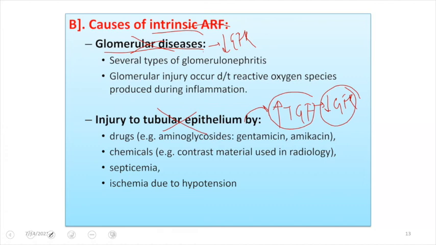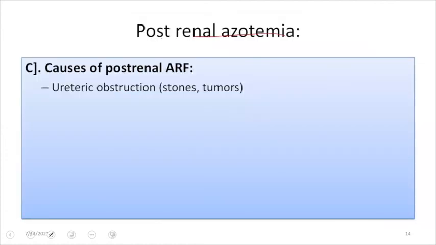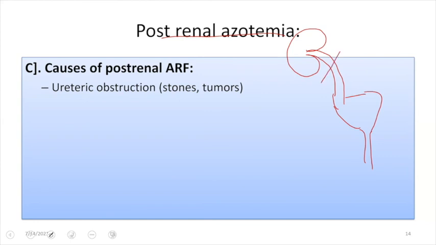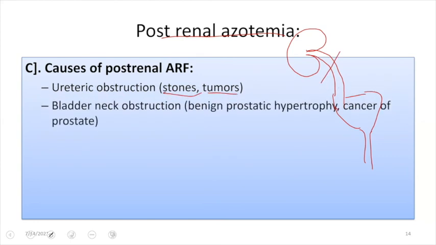So the next cause of azotemia is postrenal cause, and postrenal, as I've already discussed, is due to obstruction to the urinary outflow. So as I've discussed, this is our kidney and this is our ureter, and from the ureter, it is draining the urine into the bladder, and from the bladder, it is being carried into the urethra. So there can be obstruction at the level of the ureter, and it can be due to stones or tumor. Not just that, it can be due to obstruction at the neck of the urinary bladder.